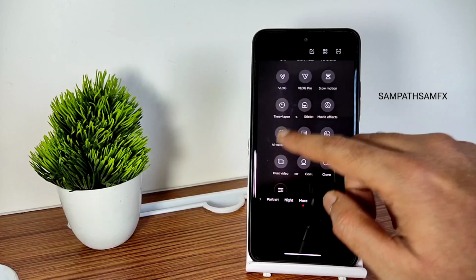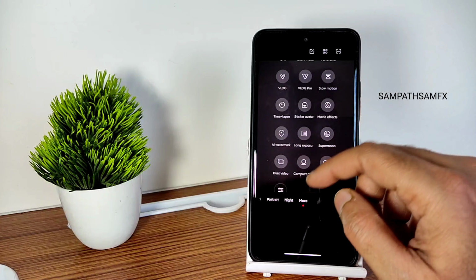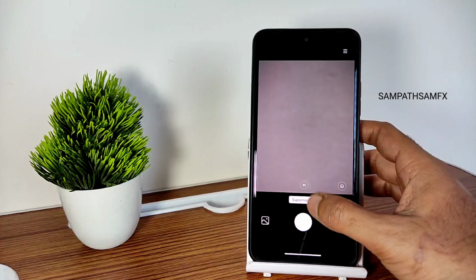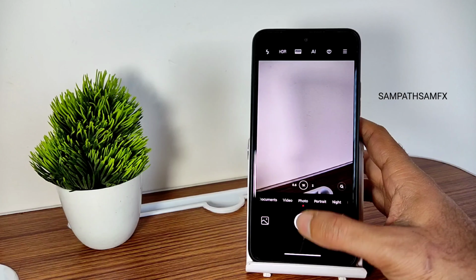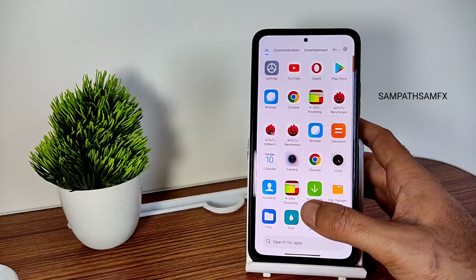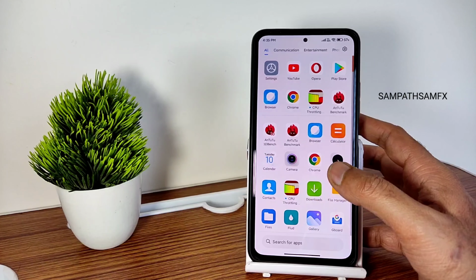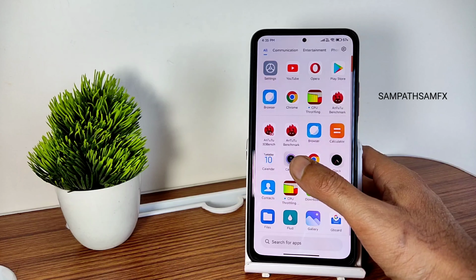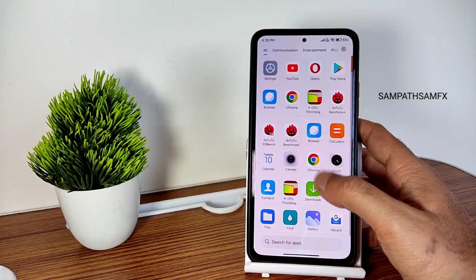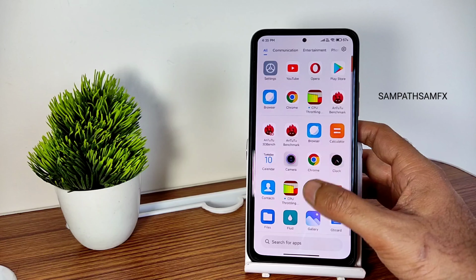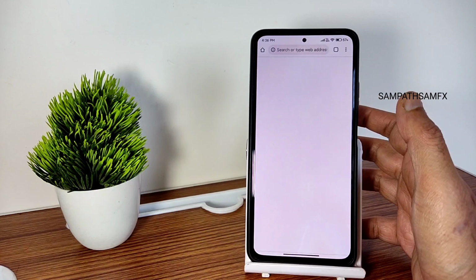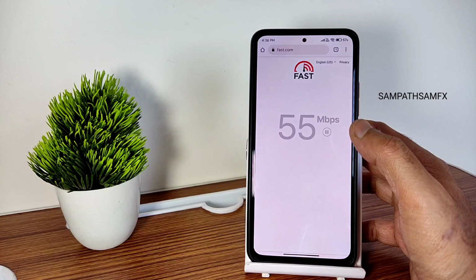You get pro mode, a watermark, long exposure, super moon mode. Those things are implemented fine here. The quality is also fine. If you want to use any Gcam port, you can definitely use them, but this is more than enough in my opinion. And I have a 100 Mbps fiber connection here,